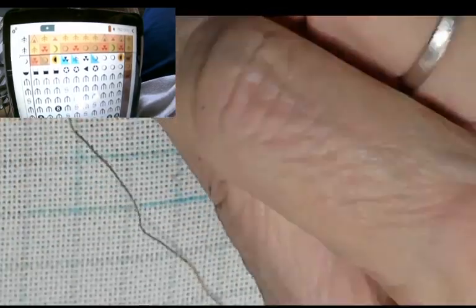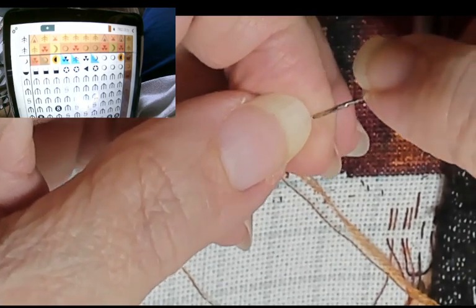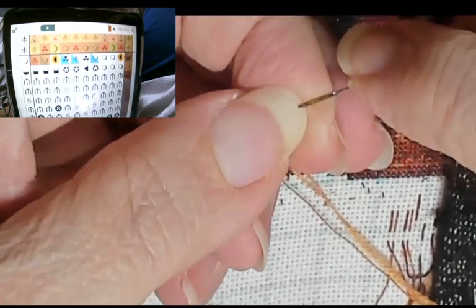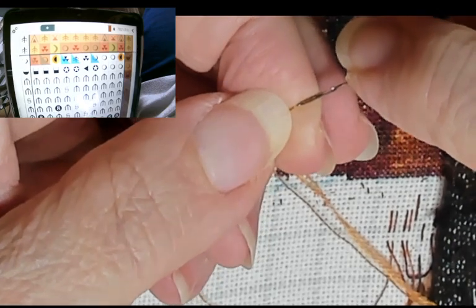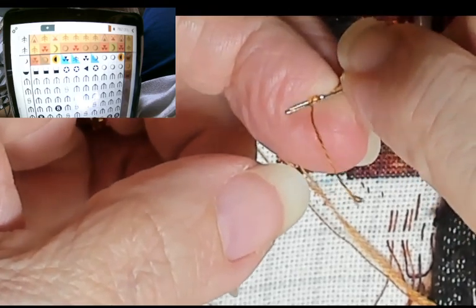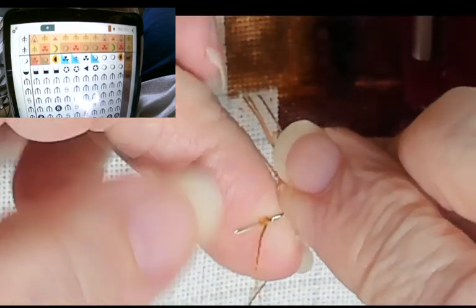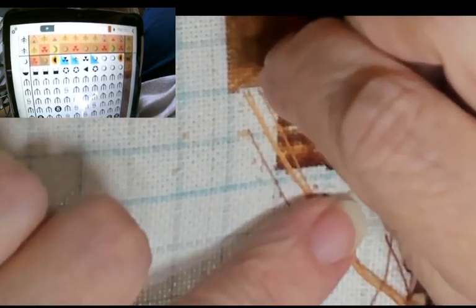Okay, so, as most of you know, my little technique for threading a needle is lay it over your finger, lay your needle on top of the thread, and just roll and push. You see it pops up. Well, when you move the needle to show you, it falls back out. So you just roll and push and pull that through. Takes all of a second. Okay, this one I'm going to start with the